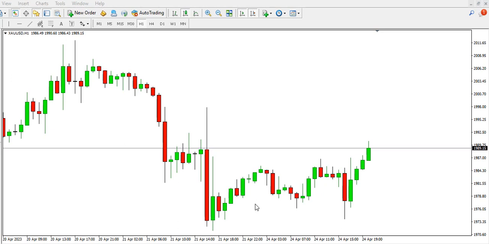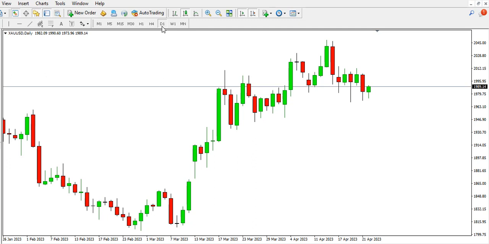Hi guys, today we are going to look at how you can successfully scalp gold on the lower time frames. Lower time frames, I'm talking about the 1 minute time frame, the 5 minute time frame, and the 15 minute time frame. But the first thing you will do to scalp gold for a few pips, say 10 pips, 20 pips, is to first of all look at what is happening on the higher time frames, like the daily time